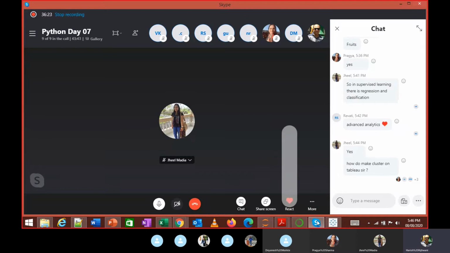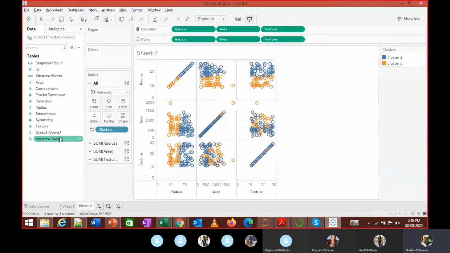How do you make clusters on Tableau? In analytics, here you have that option. I'll remove this.